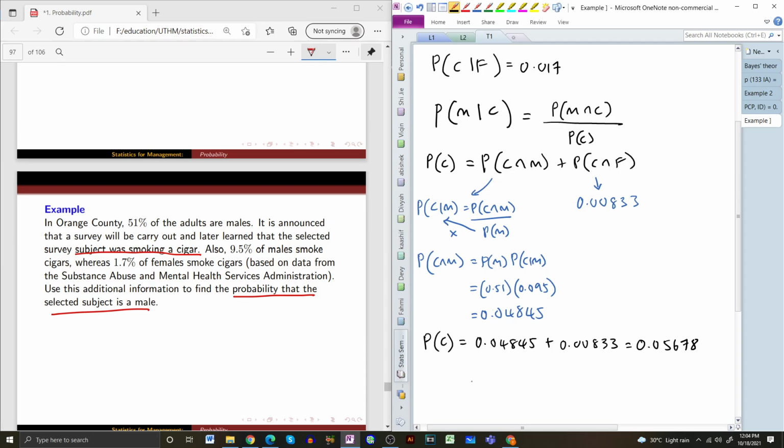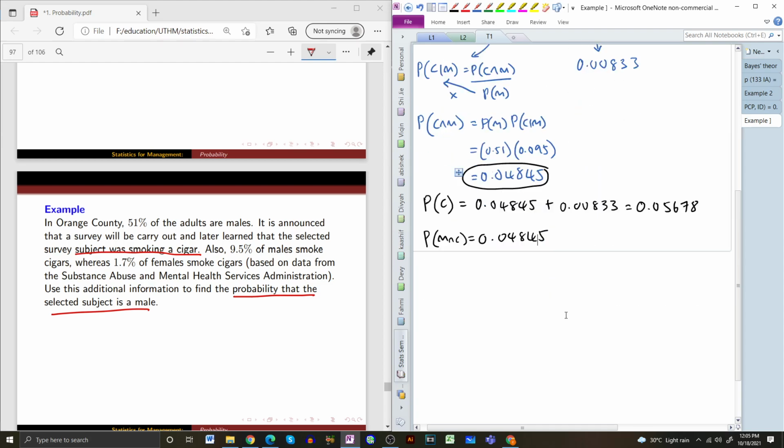Hope you guys get this is your probability of M given C, and this one is the same with this one. So the answer is